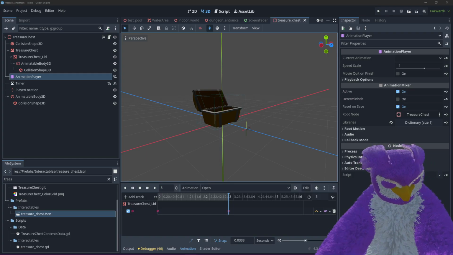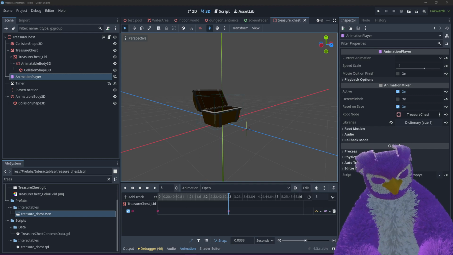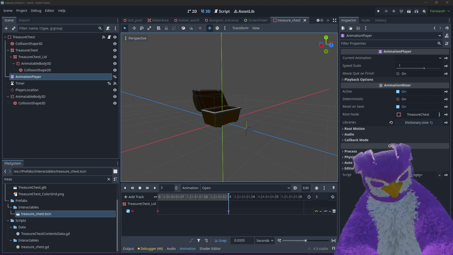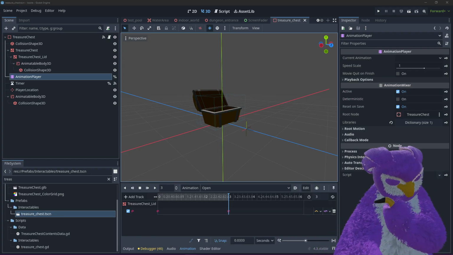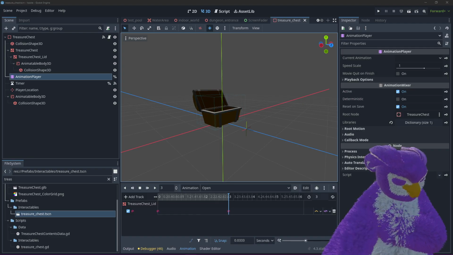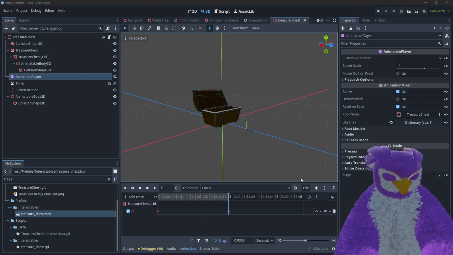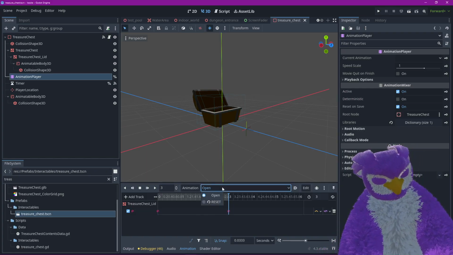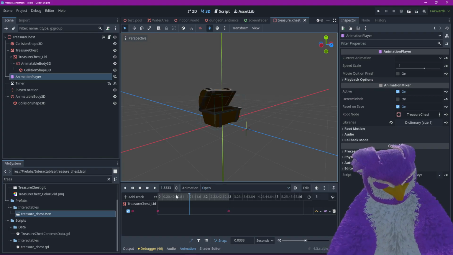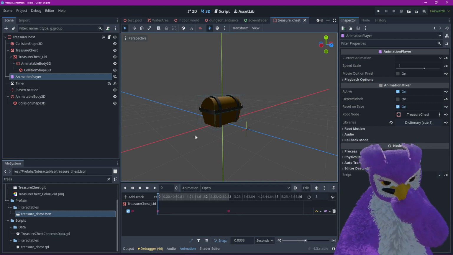We could do that. There's not a huge downside, aside from if I were to have a different chest that had a different animation, I would have to make a separate pre-opened animation for that, which again, not a huge deal, but I think there's a way to, let's see,